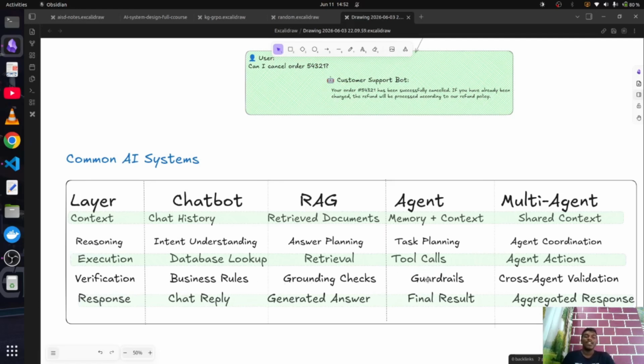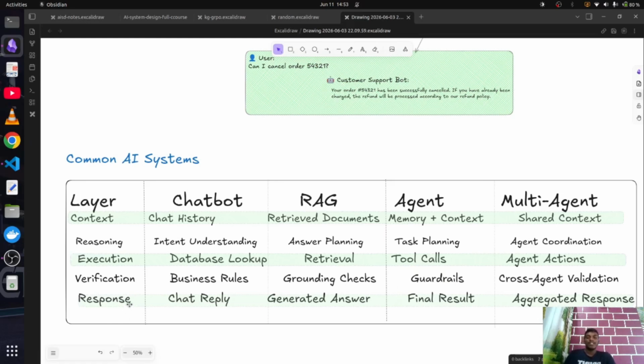And for an agent, there are the guardrails, as we discussed, where we check before responding against ethical and non-ethical concerns, or so many different policies. So this is for a particular agent, and for multi-agent it's cross-agent validation. You will have a different agent which will validate and verify your response. If it's not valid, then it goes back and tries again. Something like that will be seen in a multi-agent environment.